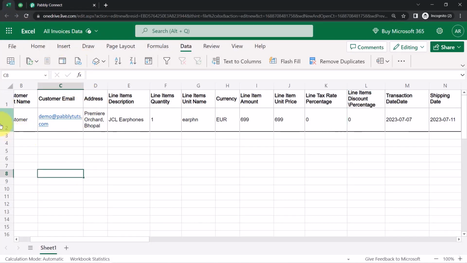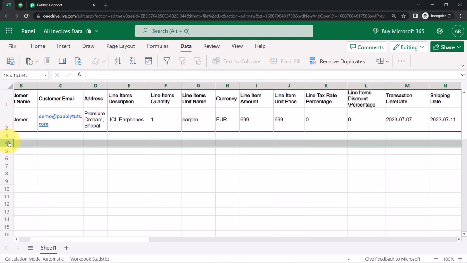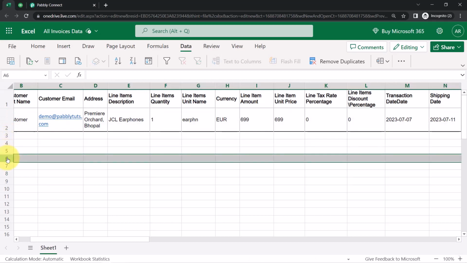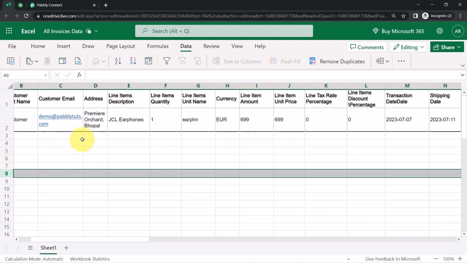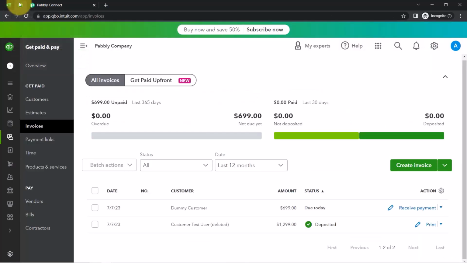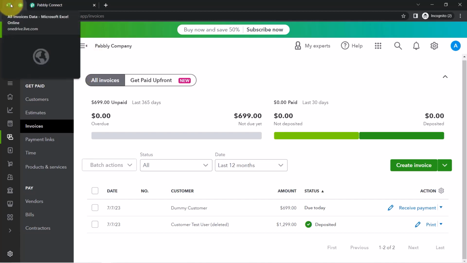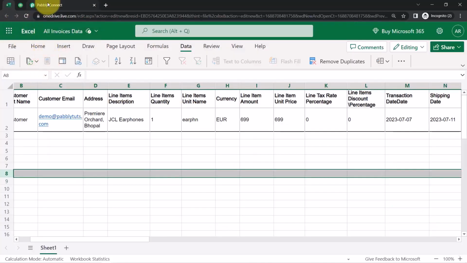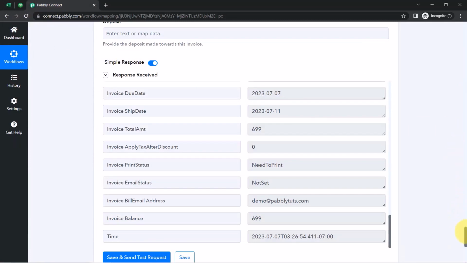Yes, now onwards your team just needs to add the invoice and the customer details into the Excel sheet one by one, and within a few hours all the invoices will be generated automatically in your invoicing software like QuickBooks. You do not even have to share the access of this software with your team. Simply share your Excel sheet with the team, and as soon as they add the data, the invoice will